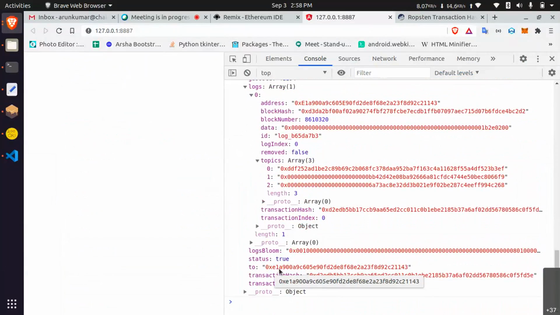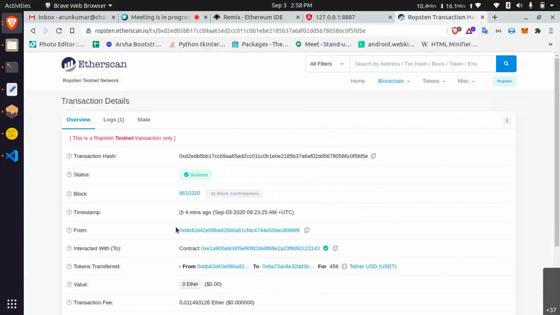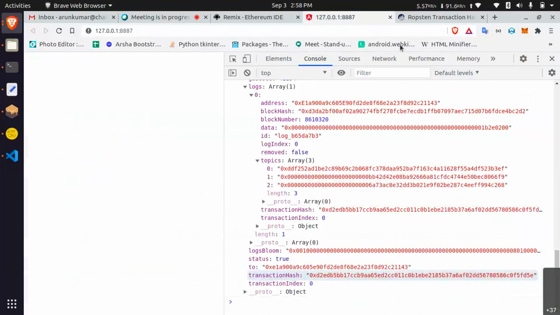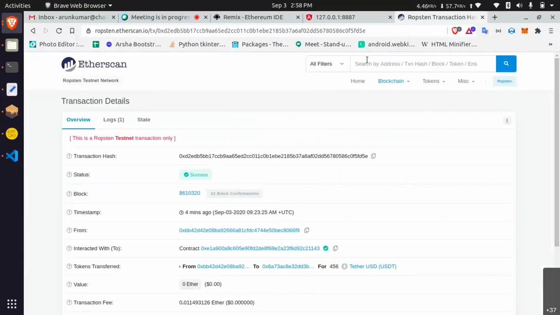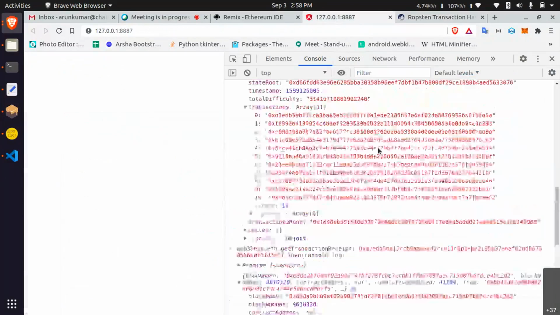You can see two addresses, from address to address, of the transaction. This is how they are showing Ropsten in the front end. If you are starting your own cryptocurrency on Ethereum, you need to do all these things. While a user is searching any blocks, you need to do this Web3 code.